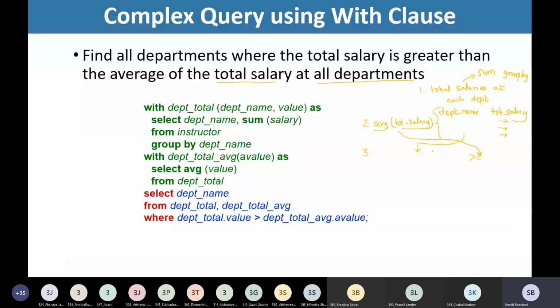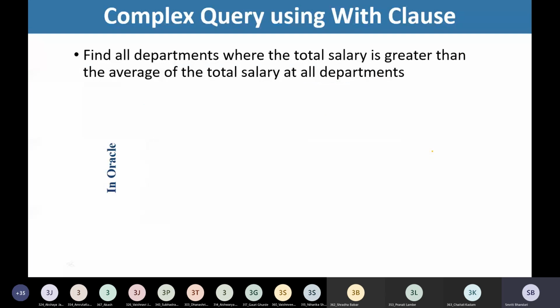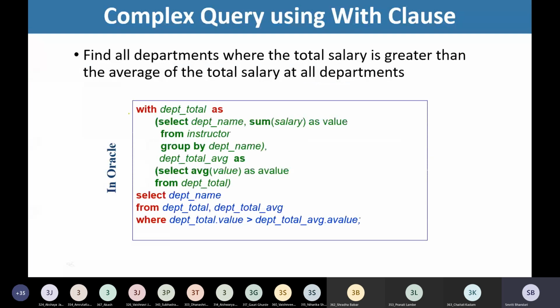We'll try to write this query now. Okay, so this is the generic syntax, but let us directly switch over to the Oracle syntax. See here how we are going to write this query. We are making use of this with statement, and as I have stated, we have split our task in several steps.